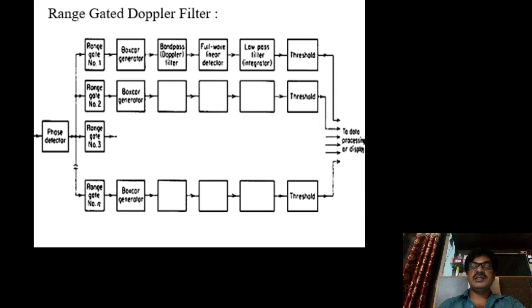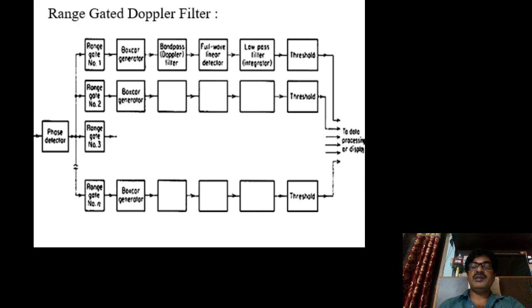The range gate is just like a switch. It switches on and off in each and every PRI, but only once. Like that, all the gates can be switched on and off sequentially. All these gates can be switched on and off in one PRI at least once. The amount of time each gate switches on depends on the accuracy which we need.